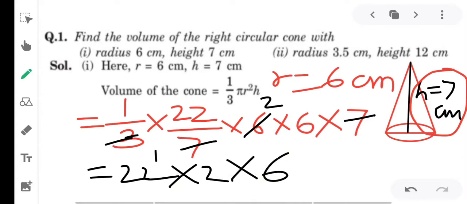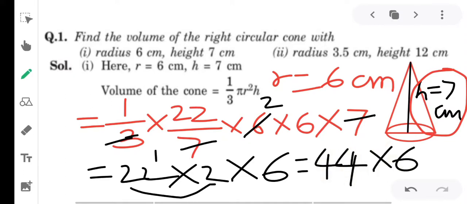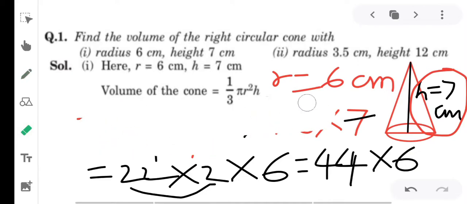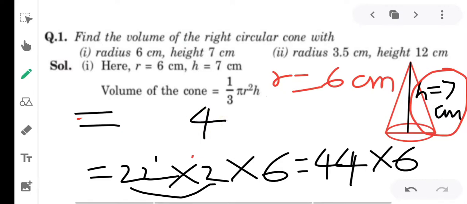So after that we have to multiply the 6 and 2, so we will get 22 and 2, we will get 44, and this 44 should multiply with 6. So what would be the answer? यहाँ पर हम इसको रब कर देते हैं, because I need space. तो आप इसको साथ में नोट करते जाएंगे. So if we multiply it by 6, so 6 4 जा 24, the carry is 2, and 6 4 जा 24, 24 plus 2, that is 26.